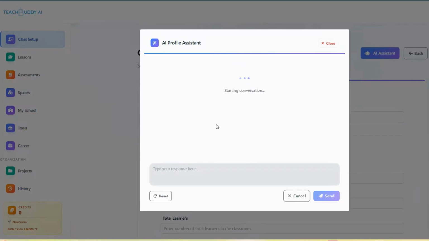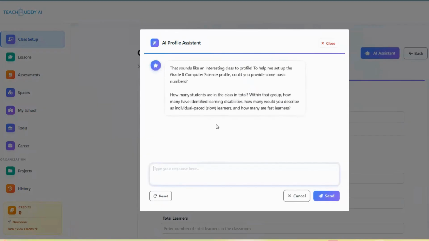It is now analyzing what classroom profile I currently have available and what I have right now. So as you can see, it automatically sensed that the current classroom profile I'm trying to generate is for grade 8 computer science based on the title I gave. But of course, just the title is not enough. It is asking for more information. So how many students, etc. So I have 20 students,